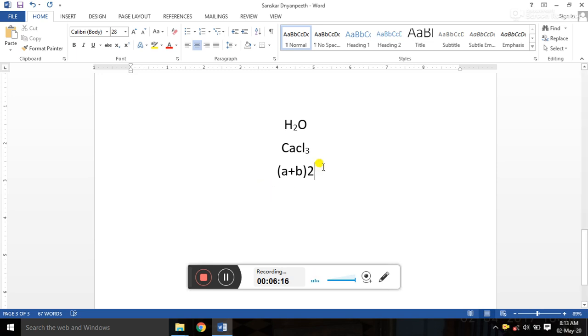But see, the 2 in that formula is above the actual line. While writing that 2 above the actual line, we have to perform an operation. The name of that operation is superscript. Now select that 2, and while selecting it, click on the option x square. Sorry, first of all select the text, select these 2, after that click on x square.